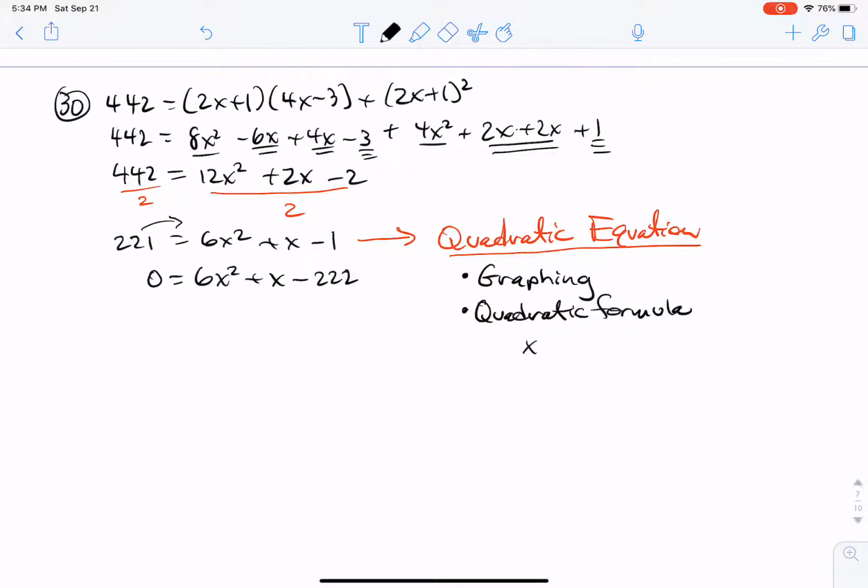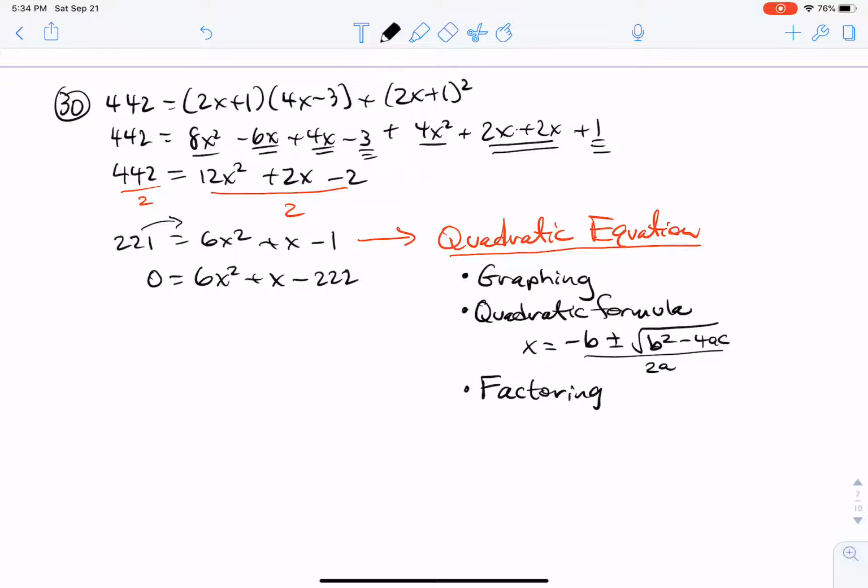What's the quadratic formula, you ask? Negative b plus or minus the square root of b squared minus 4ac all over 2a. If we chose to do that, our a is 6, our b is 1, and our c is negative 222. However, I want us to get some more practice using this third method of